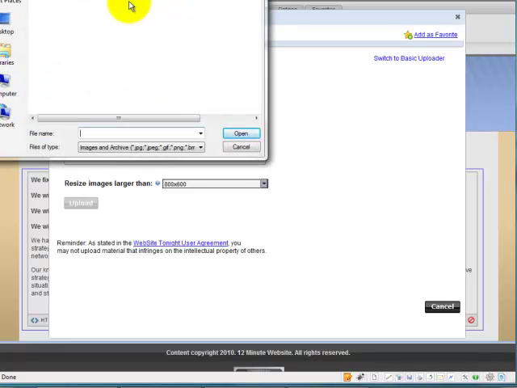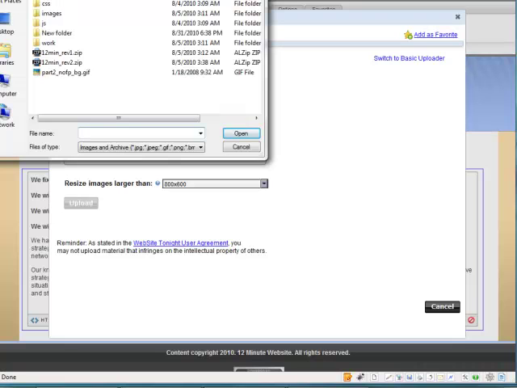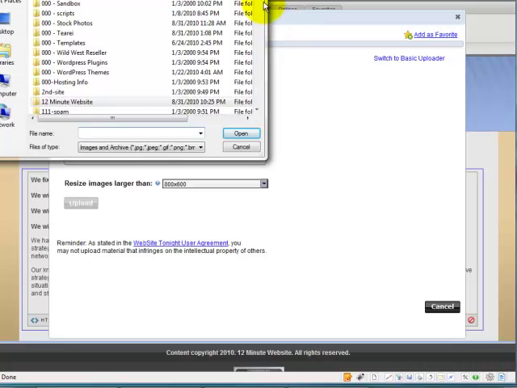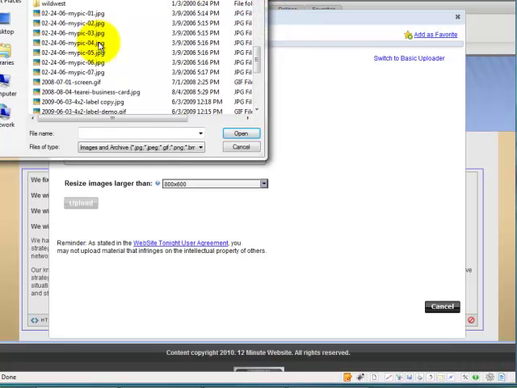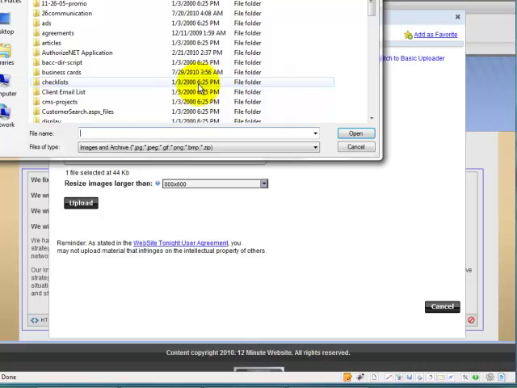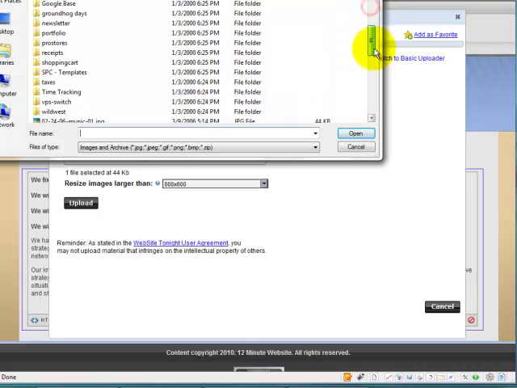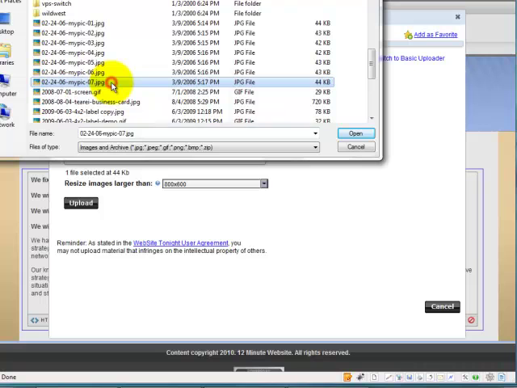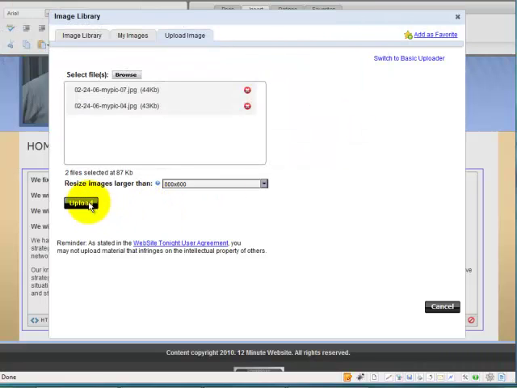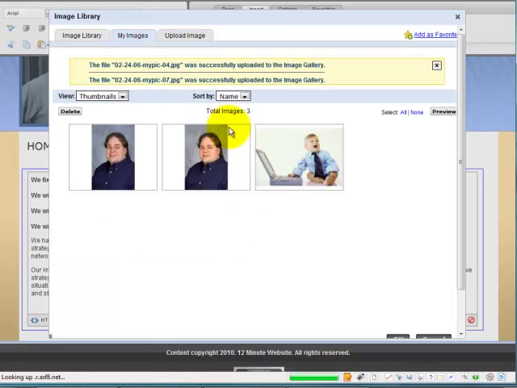You find the image that you want to add to the site. So once you find the picture, you can double click on it, or you can click on it once to highlight it and then click open. So now I have two files on there. Then I hit upload. It's going to bring them in,